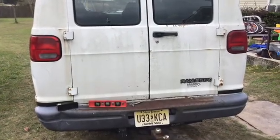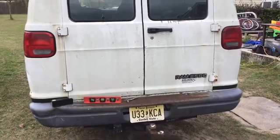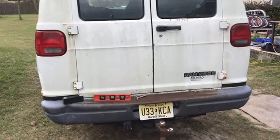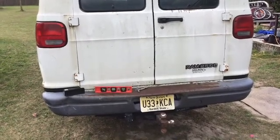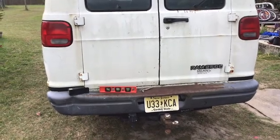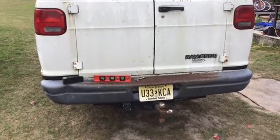This old Dodge van, the rear U joint went bad on us when we were going to the night of destruction, and I've just about used up all the can of Get By, the cable and chain lube, squirting it in the U joint, and it's not going to go much further. So we're going to have to break down and put a U joint in. The trouble is,